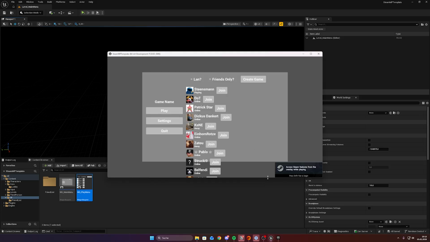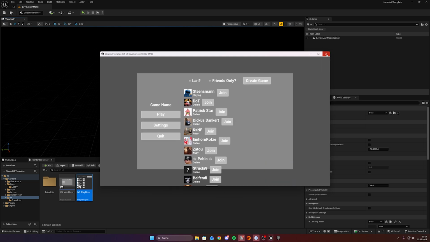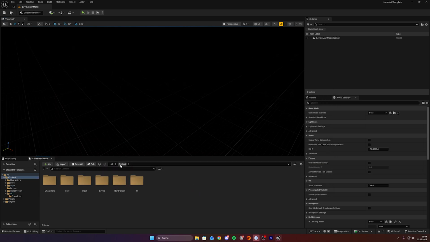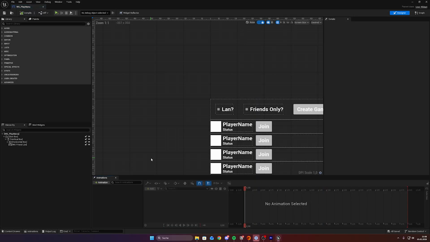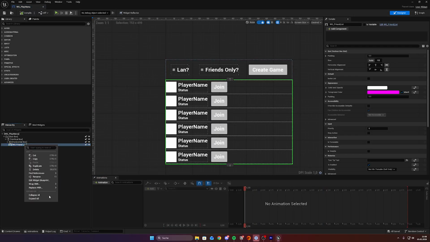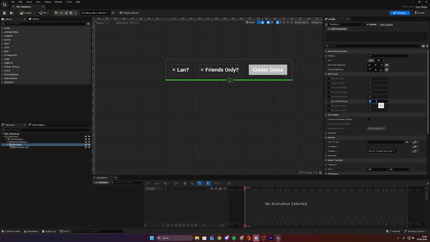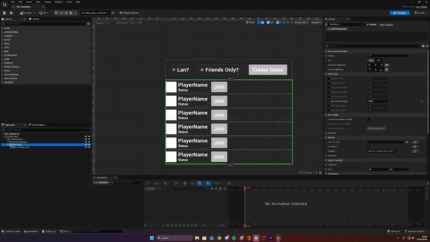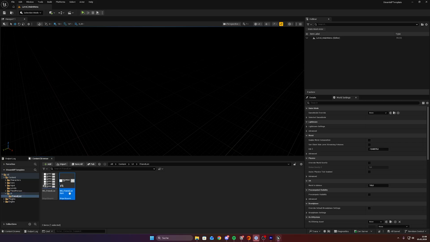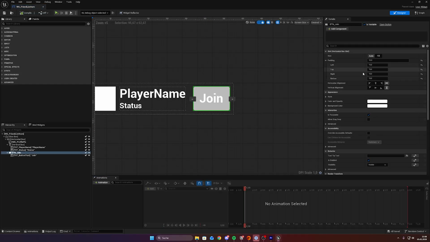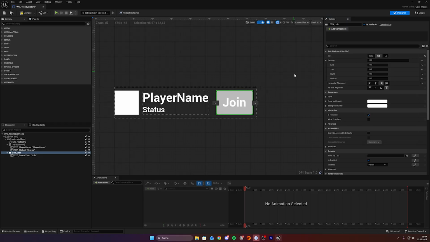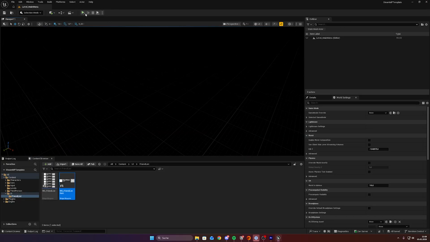And that now looks like that. That's not good. The scroll box is not working. Let's fix that real quick. And we're going to fix that by going into the play menu, going to the friend list and wrapping it with a size box. And now we're going to set the max desired height to like 600. Save that, and while we're at it, you can also go into the friend list item again, click on the button, align it to the left side and click fill,